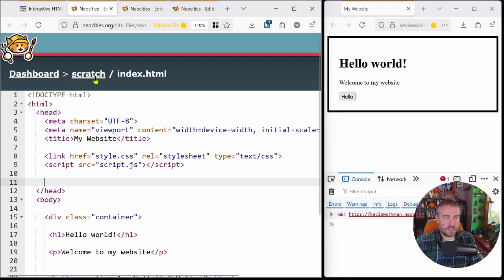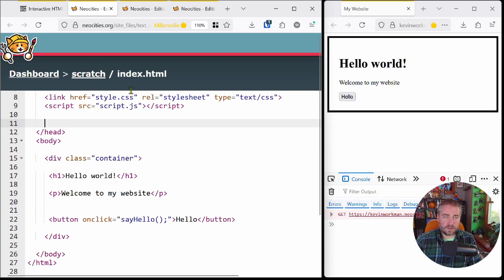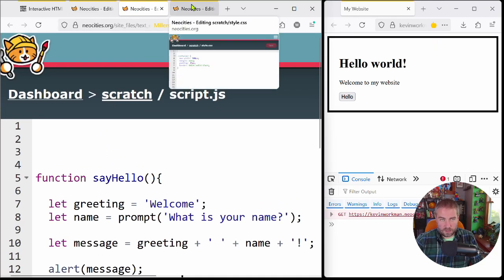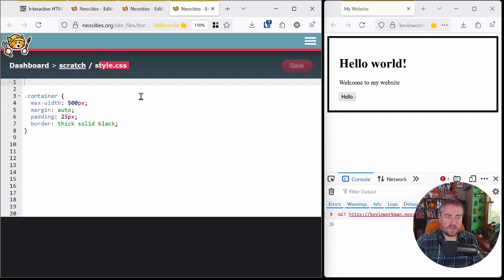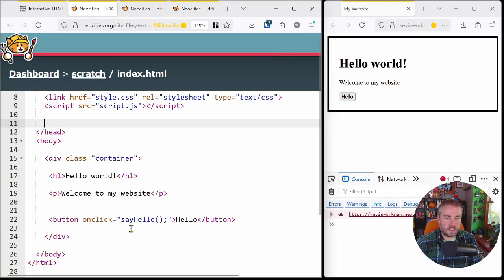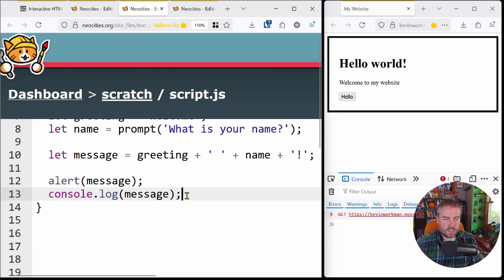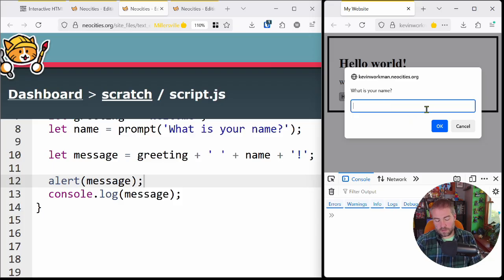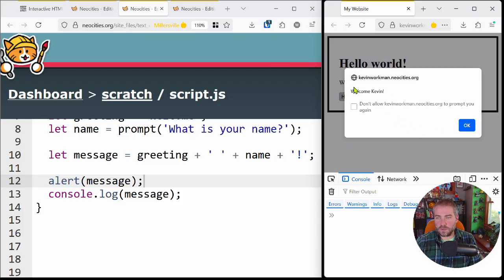So I am still here in my Scratch directory. I've got the index.html file and the script.js file from the last video, and I also have this style.css file that I haven't really done anything with other than add some styling to the container div. But here we are. We are in this web page where I have some HTML. The button calls a function in the JavaScript, and the function itself prompts the user for a name. And then, so I'll enter my name, Kevin, and then it shows a greeting, welcome, Kevin, and then also prints that